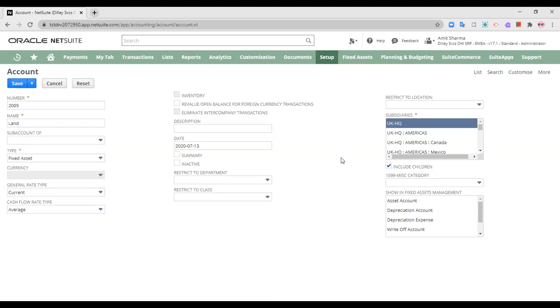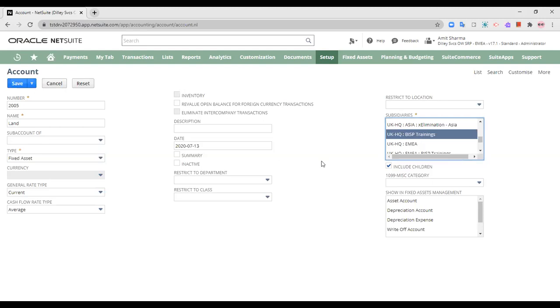Let's say I have introduced land over here, and I'm a multi-subsidiary company. If I'm not selecting the parent or the subsidiary for which I am creating this particular account, there are chances of error. Let's say it is for BISP training only. If I'm selecting BISP training here, this land fixed asset is particularly for my BISP training subsidiary.